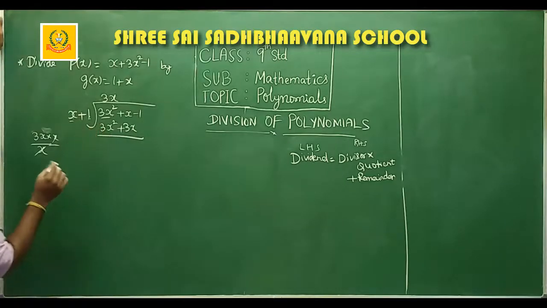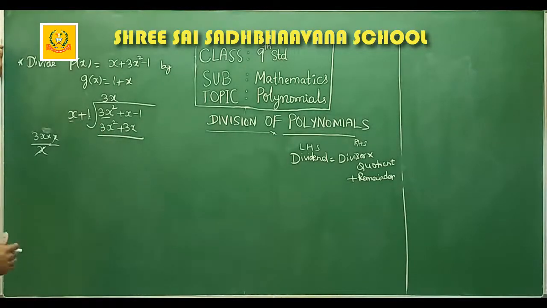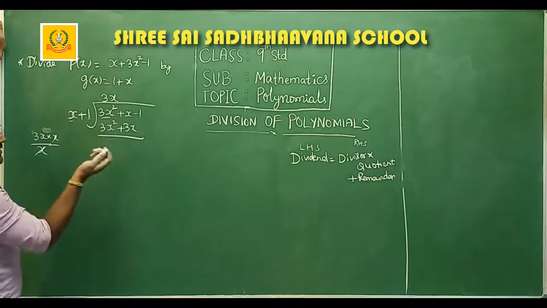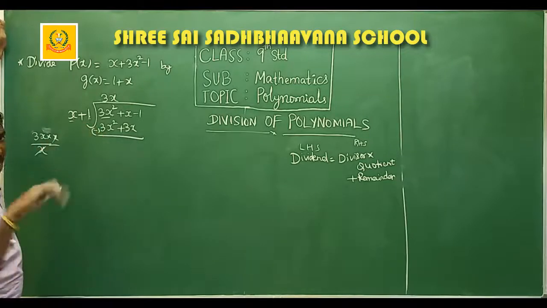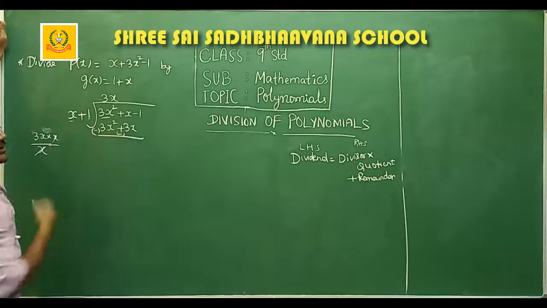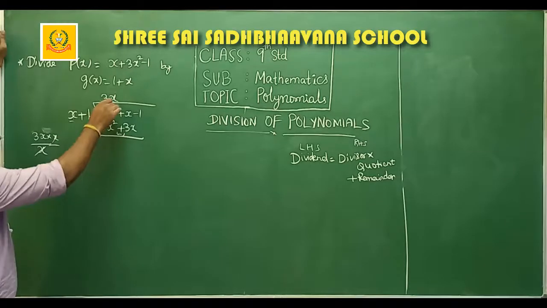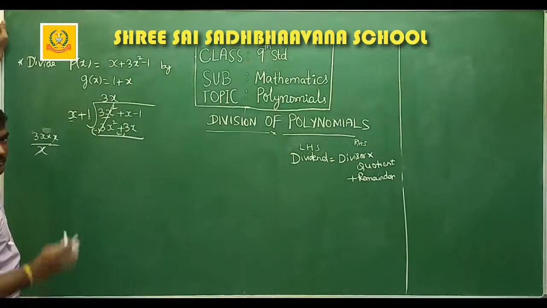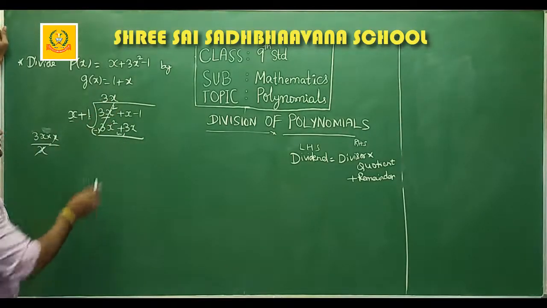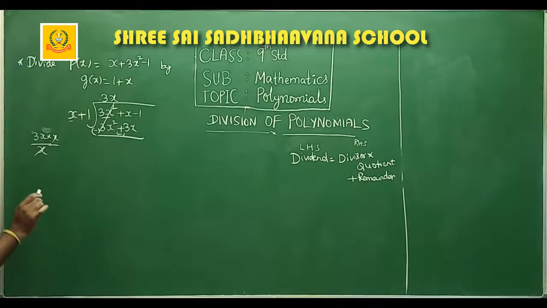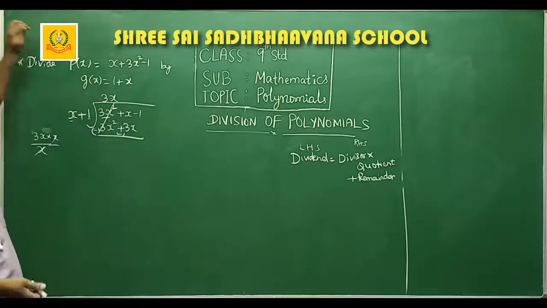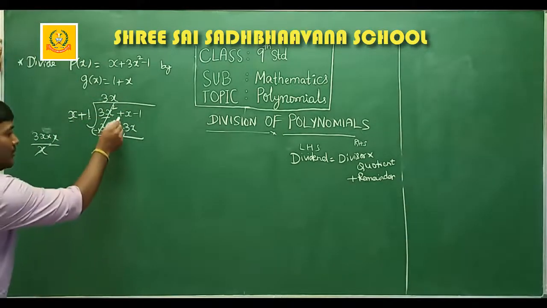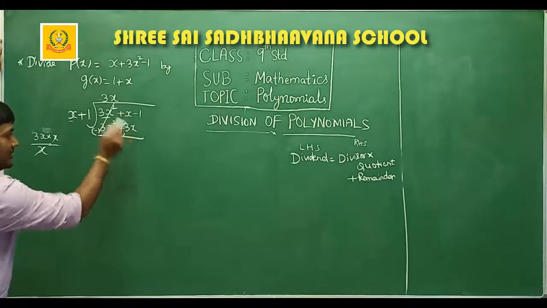So here, whenever we do polynomial subtraction, if nothing is written before a term, it is considered as positive. So if it is plus, just change the sign to minus. Again here it is plus, change it, it will become minus. Okay, 3x square minus 3x square, both will get cancelled. Here basically you may make a mistake while taking the signs. So here plus x and minus 3x.